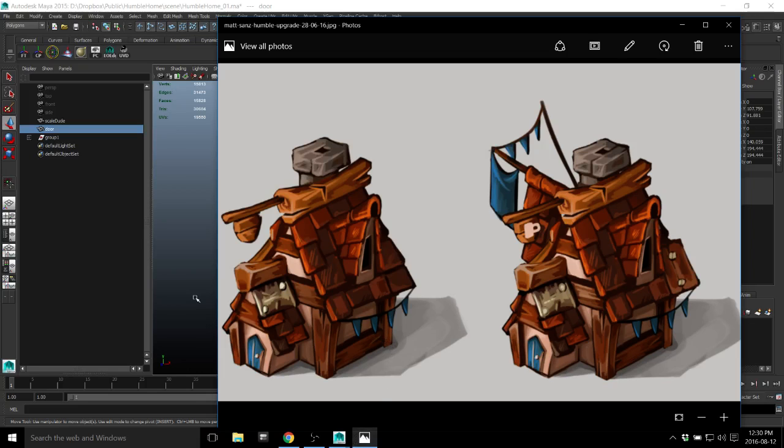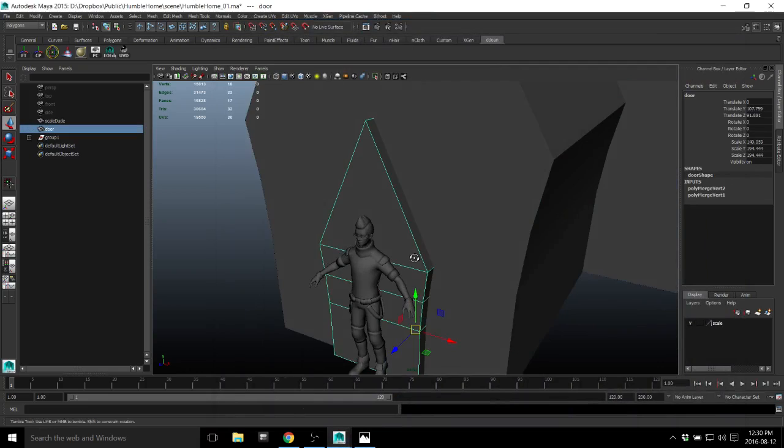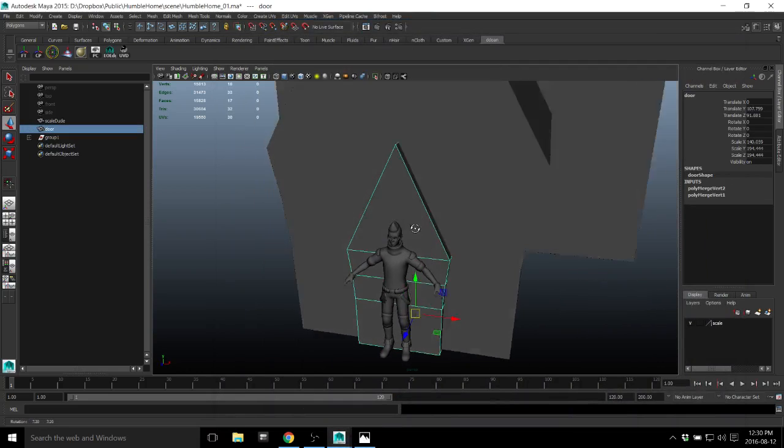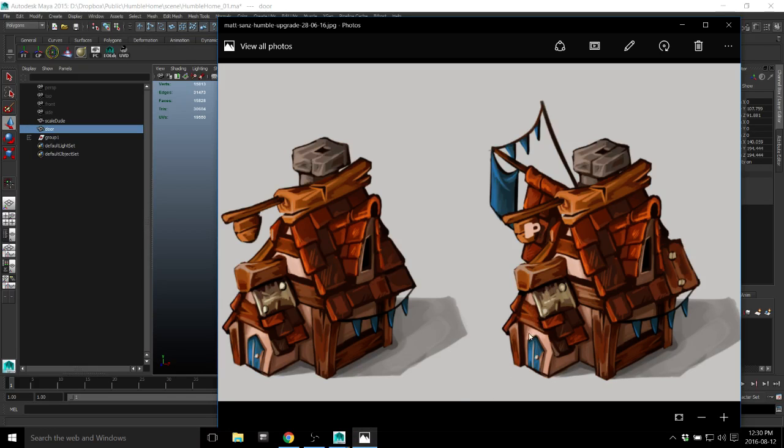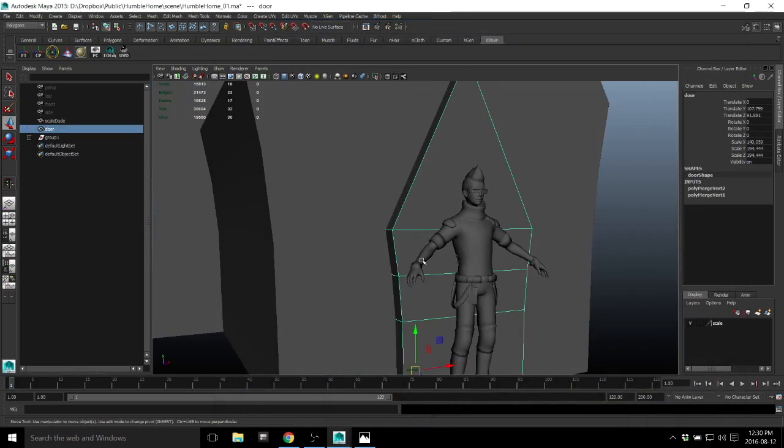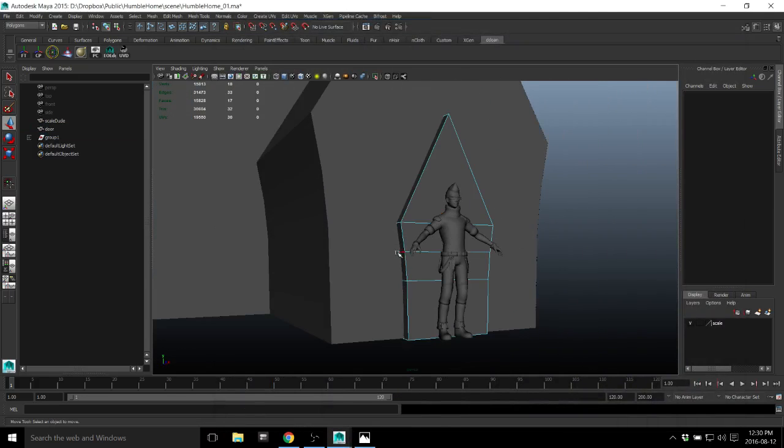The door definitely has some roundness to it, so I'm just gonna see here. So it's like that. It's pretty straight on one side. It's kind of like the stylizing of it. So I'm going to